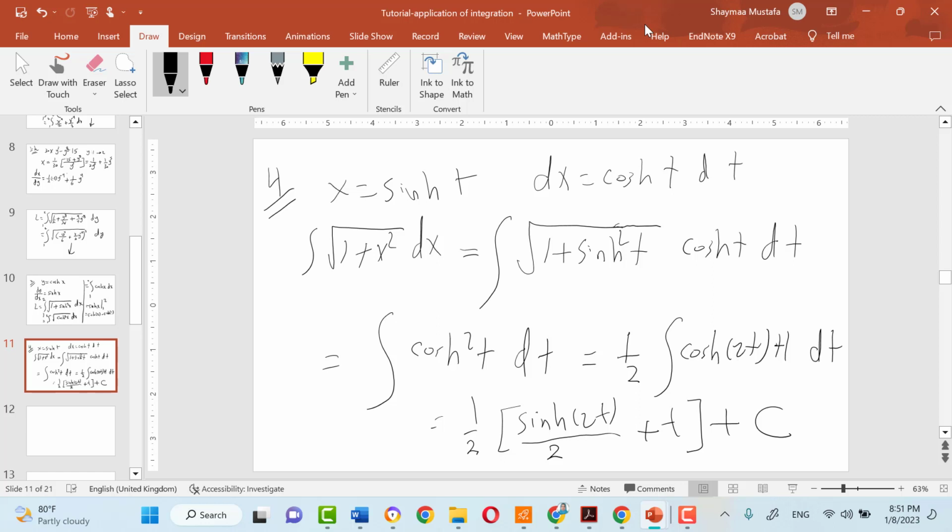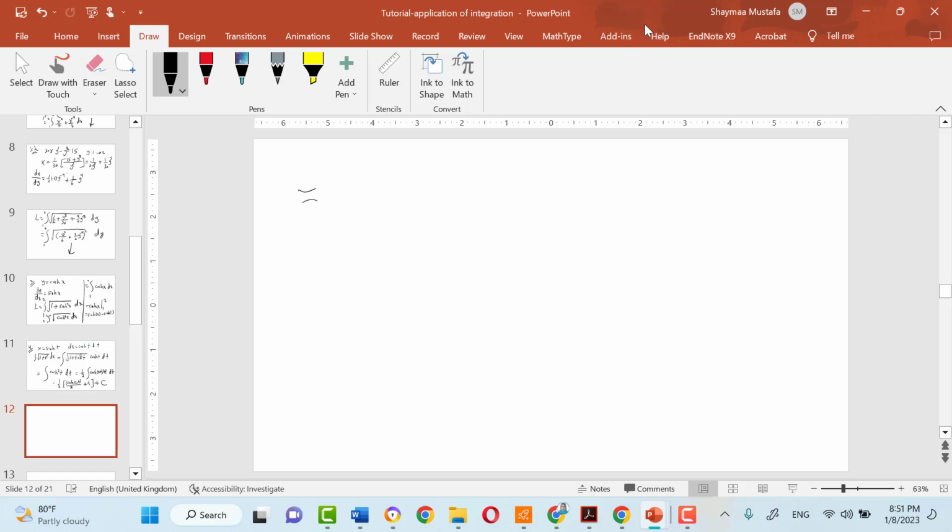So this one will be equal to 1 over 2 times sine 2t over 2, where sine 2t is 2 sine t cos t, so you have only sine t cos t,